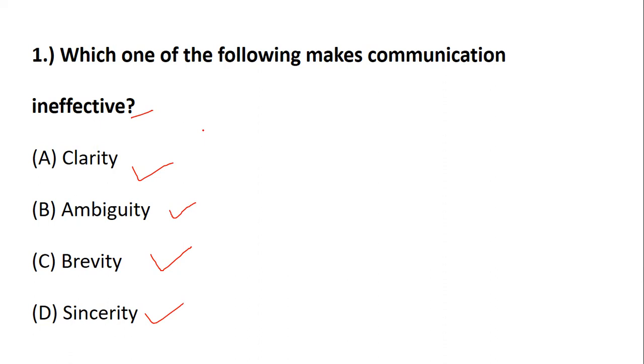Which do you think will not help the communication to be impactful, but will have some doubt or some dual thing in the mindset? From the following list, the one which makes the communication ineffective is ambiguity. That is no clarity, or you can say dual mindset, which will always lead to confusion. Such types of communication will be ineffective. It will not create an impact. It will not try to convey the message which is needed, right?